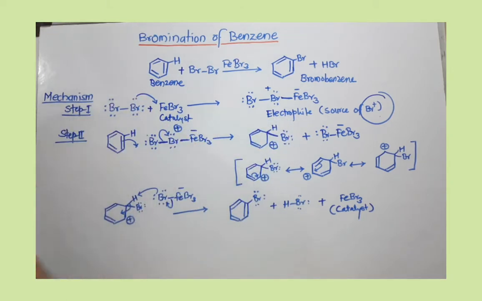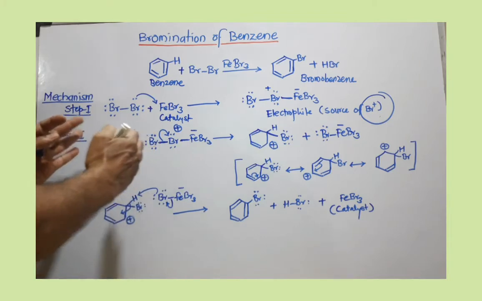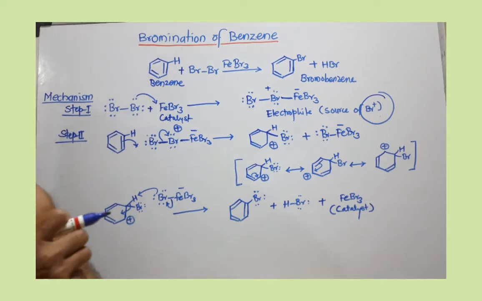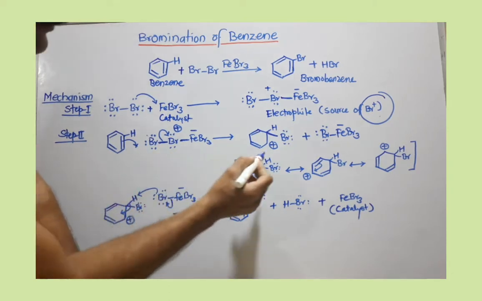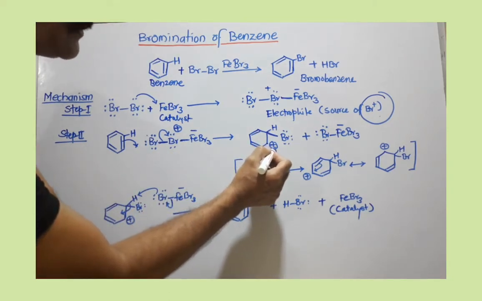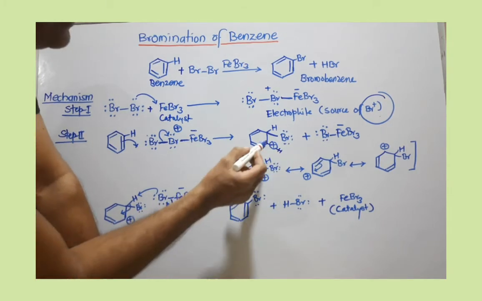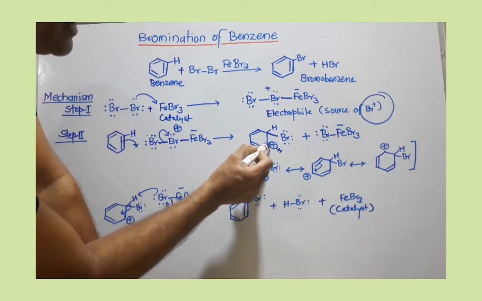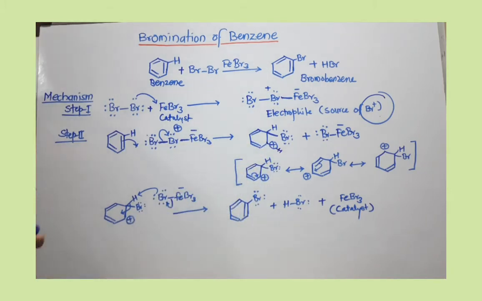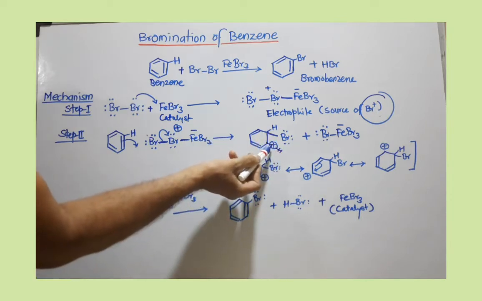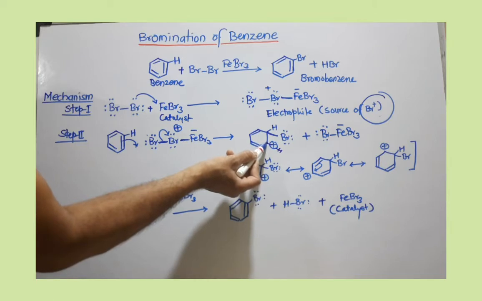And if the aromatic center is disturbed, this step is a slow step. As I mentioned earlier in my previous video, the first step, electrophilic attack, is very slow, which is the rate determining step in electrophilic substitution reaction. Now you can see here at this carbon why this positive charge is developed. One hydrogen is still there. Now on this carbon there are just 3 electrons and we need 4 electrons. So 1 electron is less at this carbon. Because of this, one positive charge is developed at this carbon.